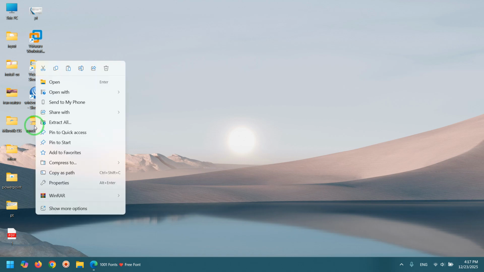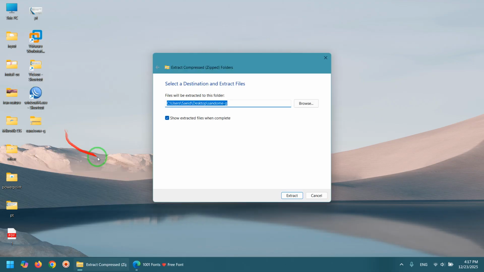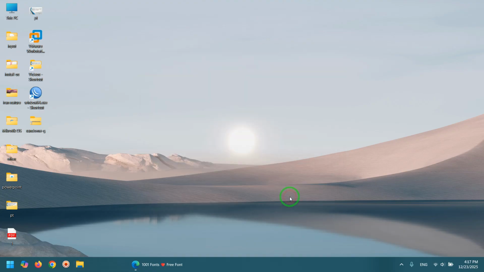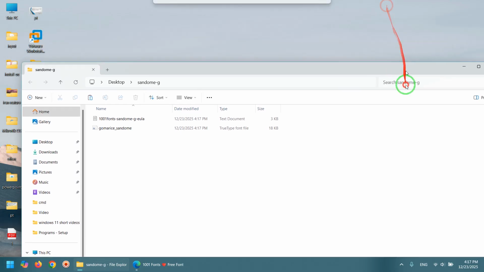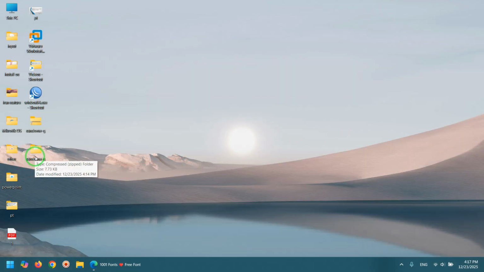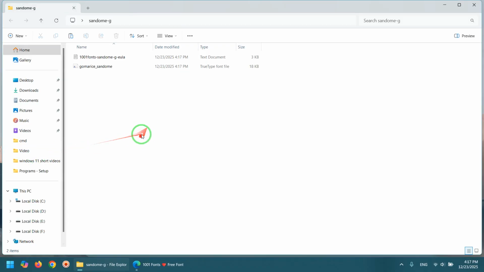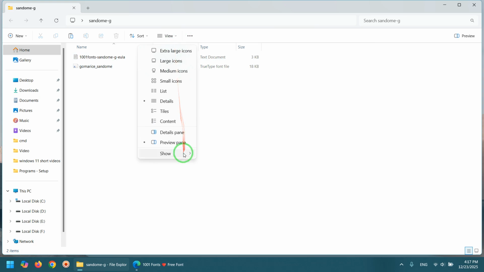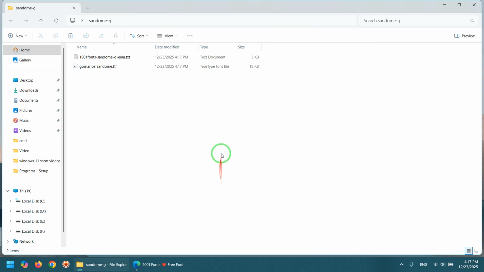To extract, I right click on this zip file and use extract all. Okay, you choose the destination, and as you can see, it will create a folder with my font. If I open this folder, I can see a file with TTF extension. Fonts usually have TTF extensions, so I need to copy this font,